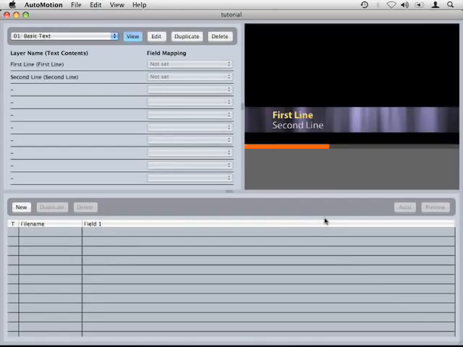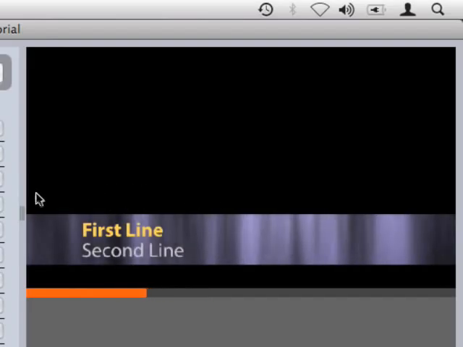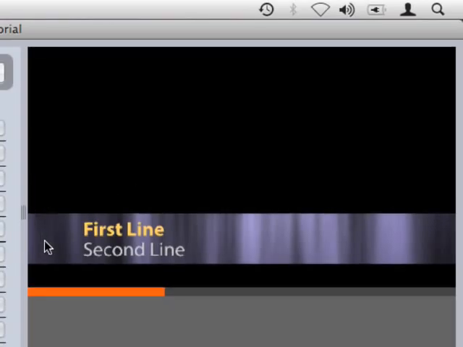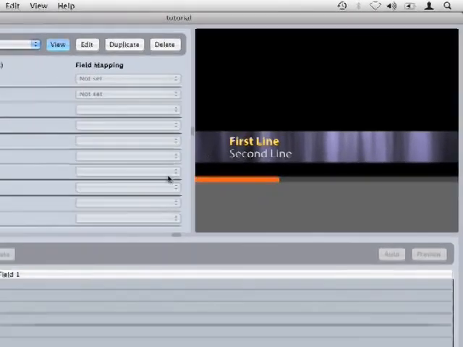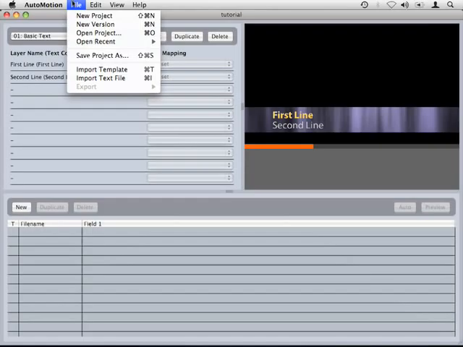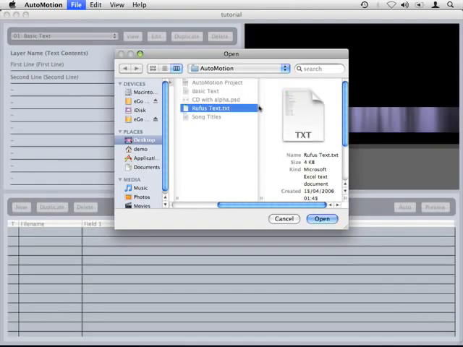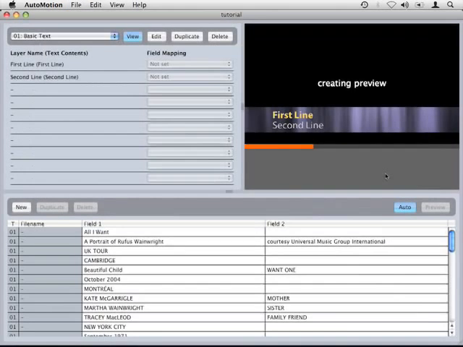And once that's loaded into AutoMotion, I can scrub through just like I did in Motion, and I can see the animation on that template. So now we've got the template, we just need some data. Now the data, or the versions that we create, can either be entered manually down here in the versions list, or you can import a text file. So I'm going to go up to File, Import Text File, and select this text file here, which is just a regular tab delimited text file as exported from Excel. If I open that and import that,